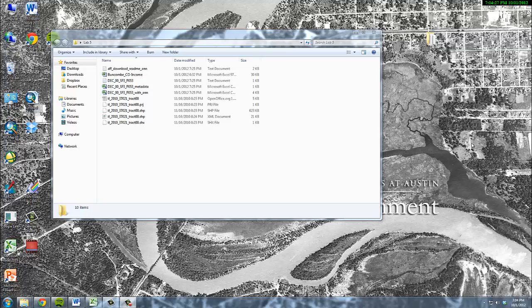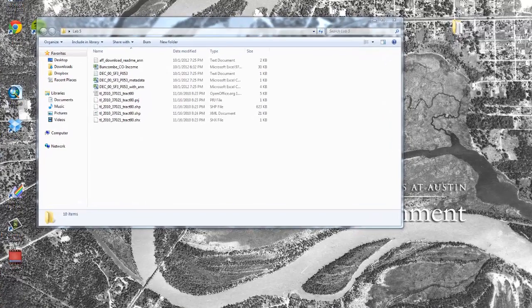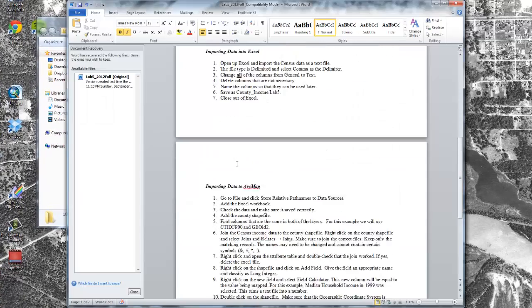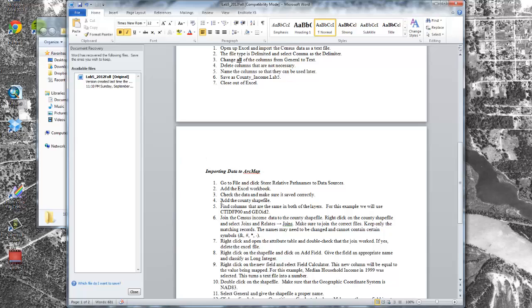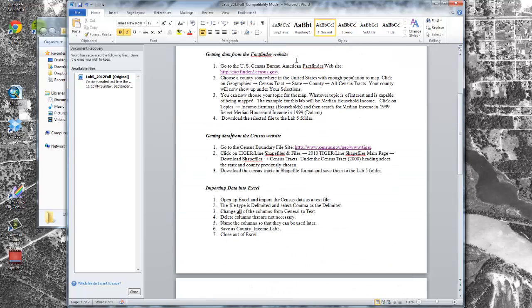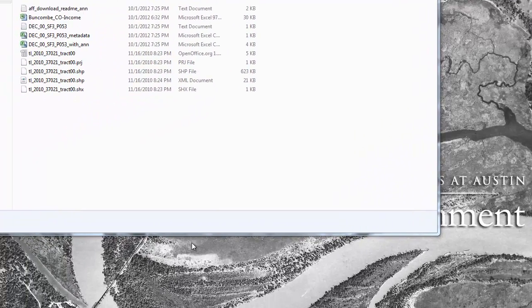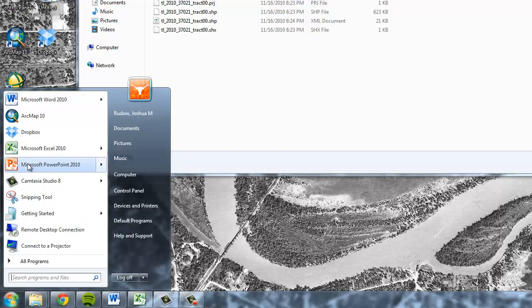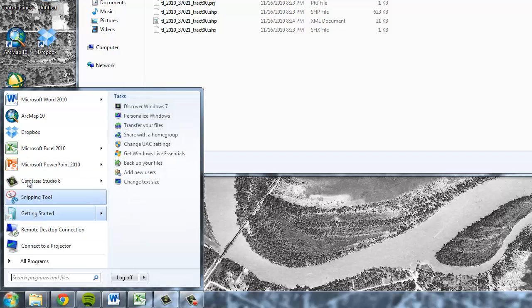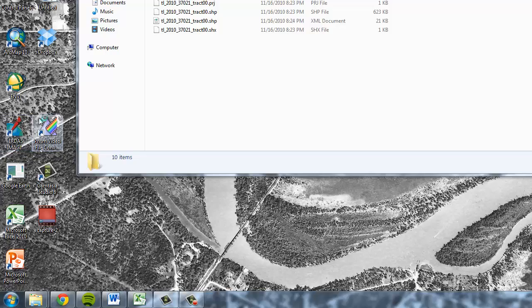Okay, class, welcome to part 2 of Lab 5, Geographer's Craft. What we're going to do now, as you can see on your instructions, is import this data into ArcMap, right? So we now have, from the FactFinder website, an Excel file we're going to import, and we also have a shapefile. So the first thing I'd like for y'all to do is to go here to ArcMap 10,